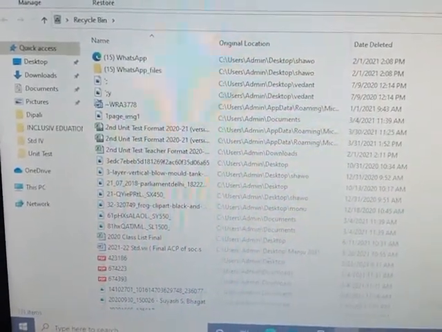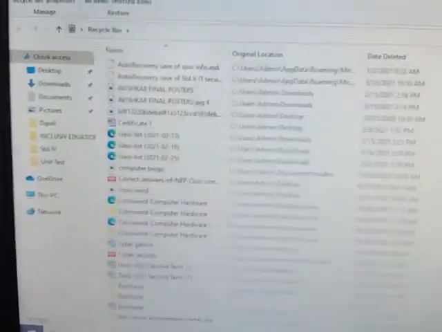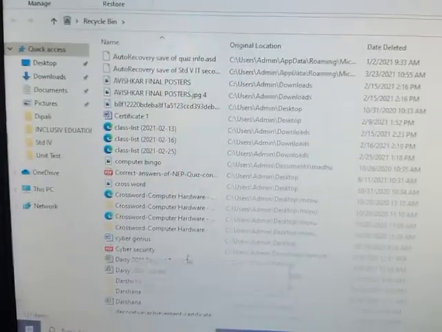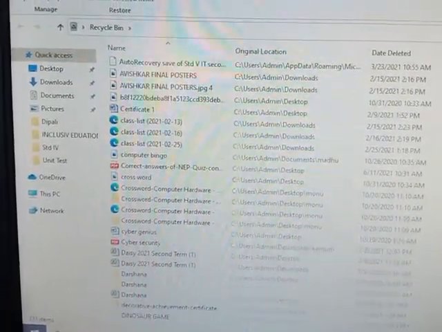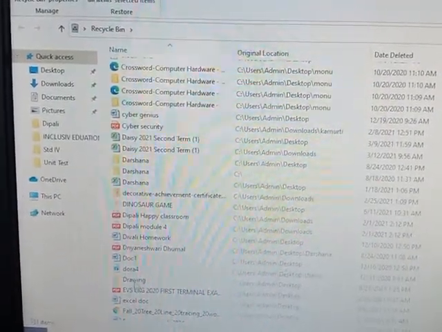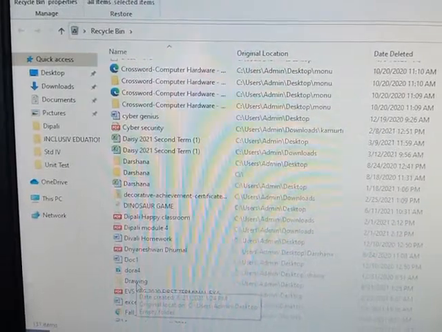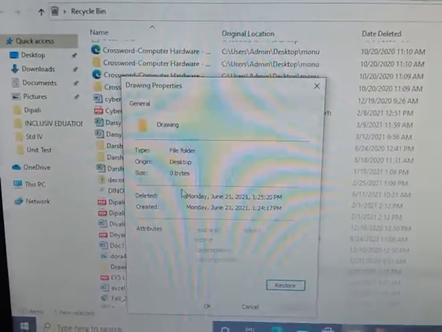So you have to search the folder which is drawing. Okay, so A, B, C, D, like this you have to go. Whenever D, yes, here you can see the drawing folder. Yes, it is there. This folder you can give double click, but if you give double click you can see properties, but you will not see the content of the folder.